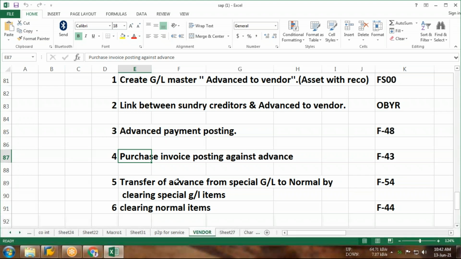So basically there are three types of T code we are going to see here to post the vendor invoice. Number one, FB60, which we have already seen, that is without PO, without advance, simple vendor invoice posting. After that, if there is any advance and we are going to post any vendor invoice against such advance, then the T code will be F-43. Okay, and if there is a purchase order, and against such purchase order we are going to receive the invoice, that time will be MIRO.